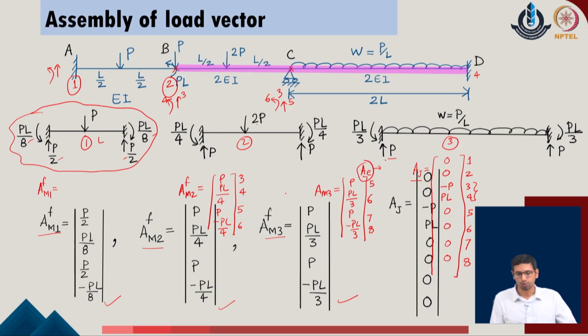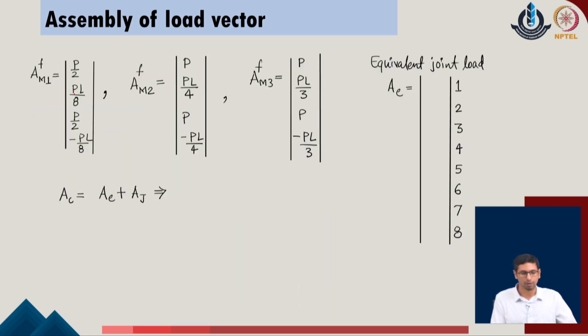As a next step, to identify the given system, I go back to the calculation of the equivalent joint load from here. I say that member 1 is contributing to the degrees of freedom 1, 2, 3, 4. So I will bring these components in the direction of member 1, and I say that this is P by 2, this is PL upon 8, this is P by 2, and this is minus PL upon 8 in the given problem. At the same time, I realize that these are the fixed end forces, which means that these are the reactions of the system.